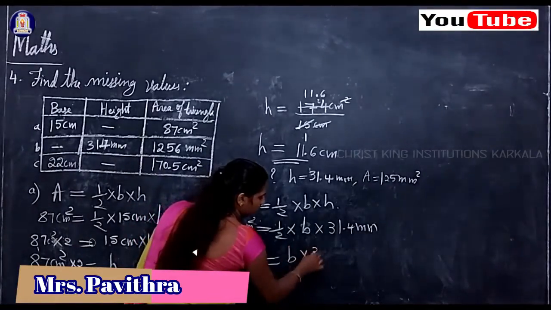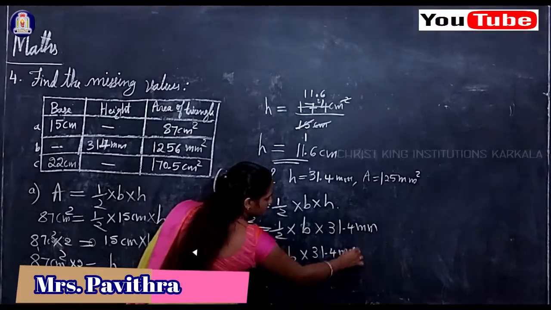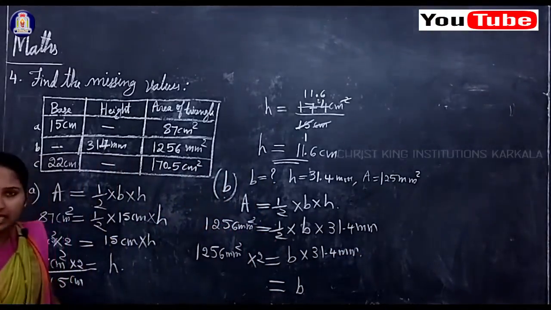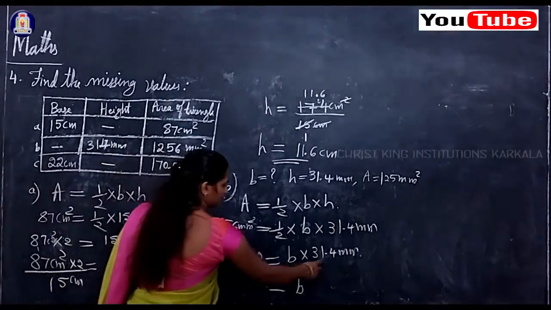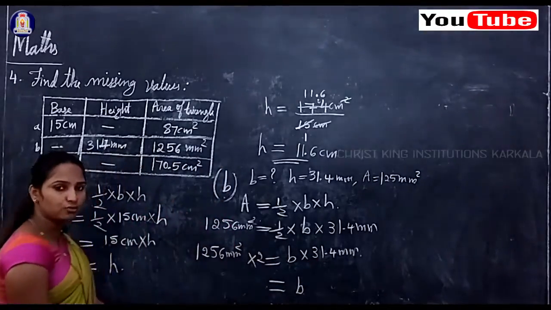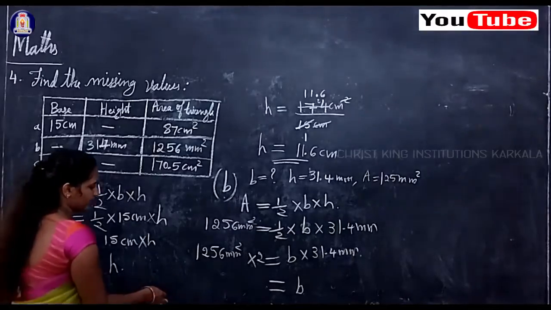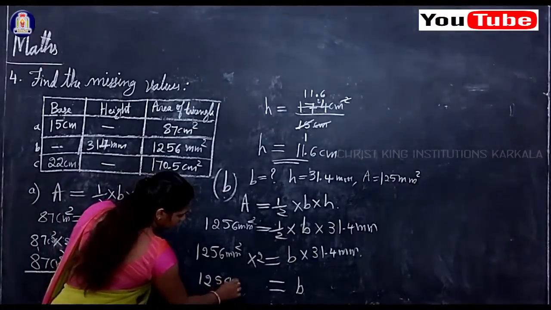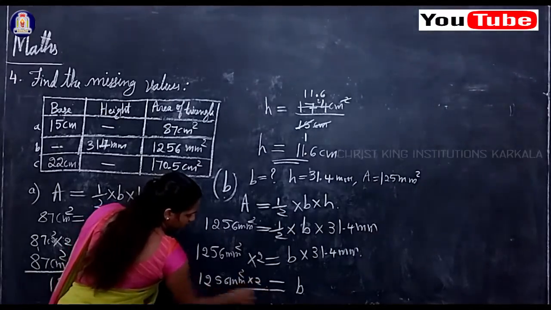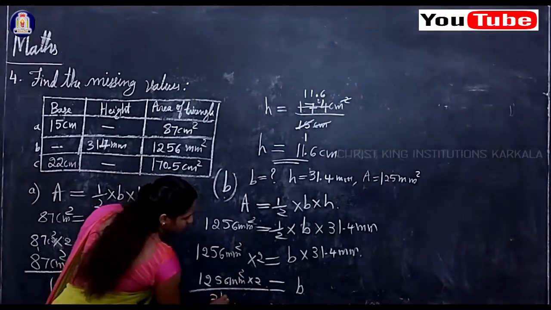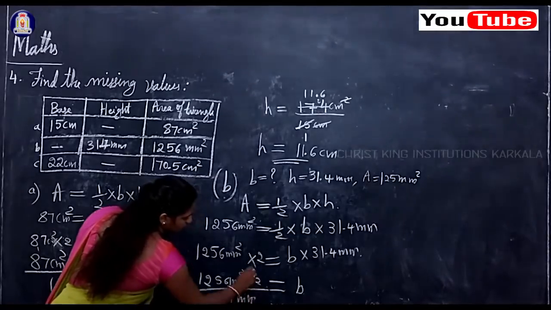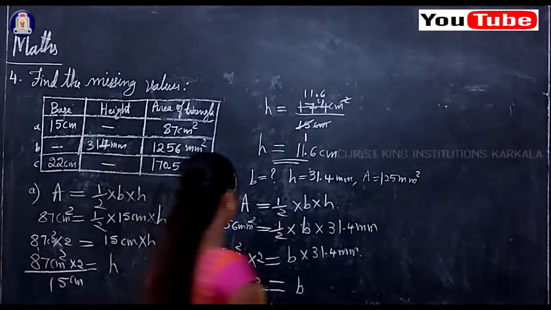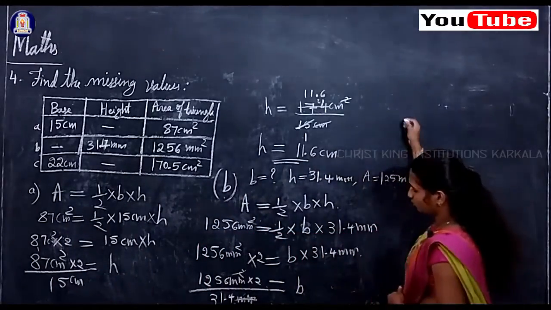So now what is remaining? B into 31.4 millimeter. We want to find the value of B. So B will remain in the same place, and here 31.4 is multiplied to B. So now you want to find B, right? So this will divide the other side. So 1256 millimeter square into 2 divided by 31.4 millimeter. So here millimeter and millimeter cancel. So what is remaining? B is equal to